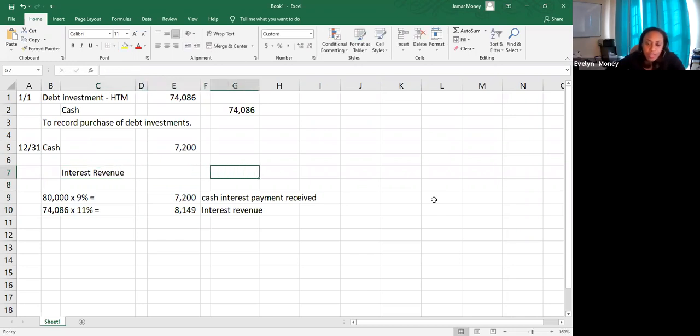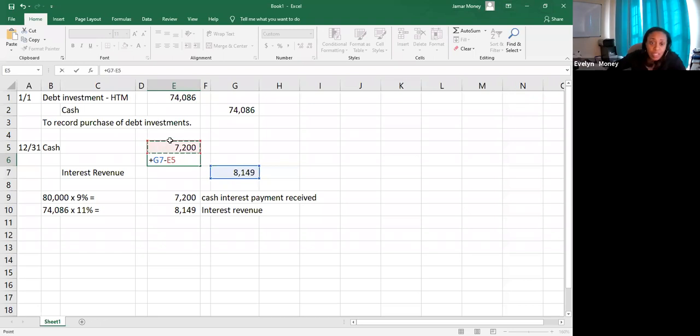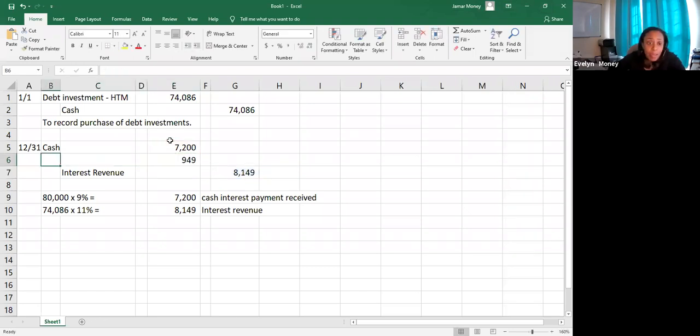I'm the bond holder here. And that's going to be that $81.49. And of course, my entry doesn't balance. And I look at my entry and I say, ooh, how much more do I need and what side do I need it on? So I need more on the debit side, and let's see if that makes sense, because the account that I'm debiting is debt